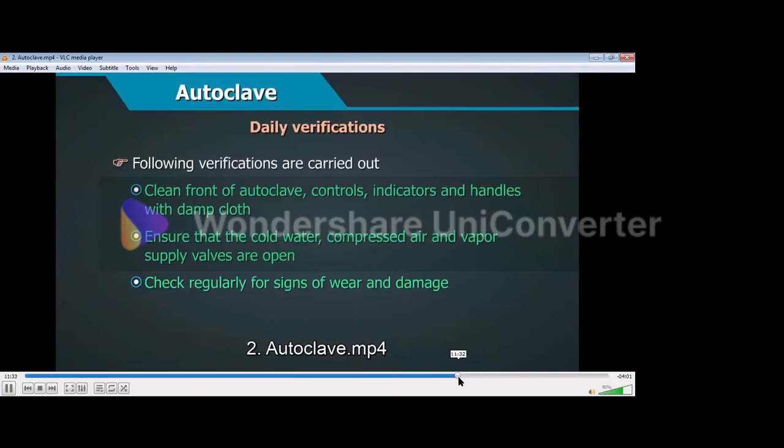Autoclave. Wear and damage. Examine particularly whether